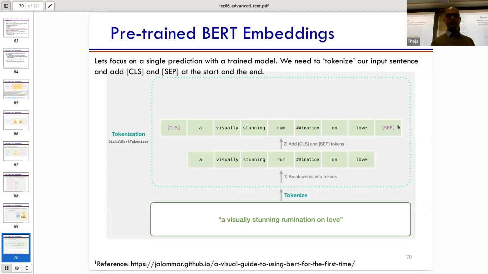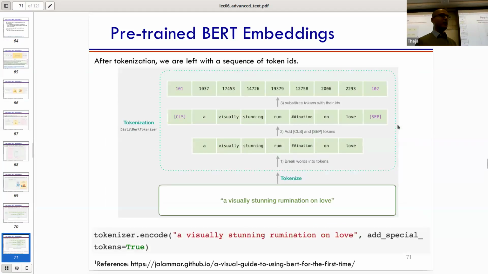Okay, so this is the word to index conversion here, where CLS turns out, for this model, to be 101, and then a bunch of indices depending on the tokens that you have. It's basically a lookup. The way you do it is something like tokenizer.encode, you give it a sentence, and add special tokens is equal to true. Okay.